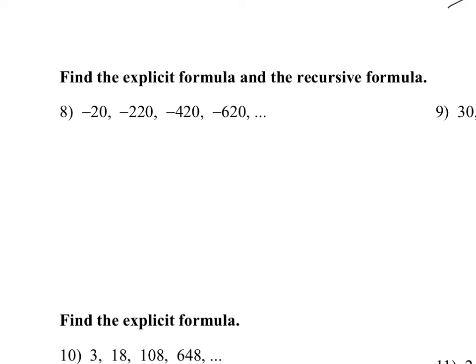So, it says to find the explicit and a recursive formula, but it hasn't told us whether or not these sequences are arithmetic or geometric. So we need to look for a pattern here. And if we start at negative 20, then go to negative 220, then negative 420, then negative 620, it looks like we're adding negative 200 every time. So that's a common difference of negative 200. Common difference indicates an arithmetic sequence. So the explicit formula is the common difference, negative 200, n